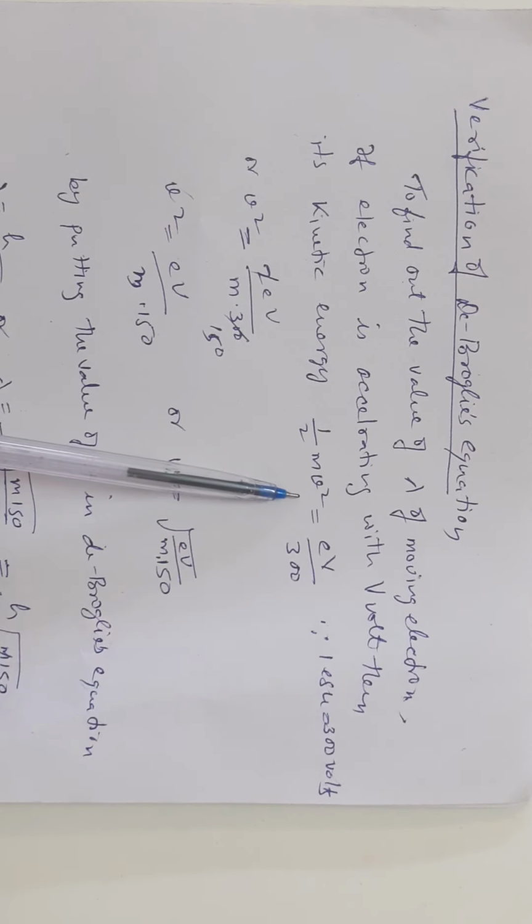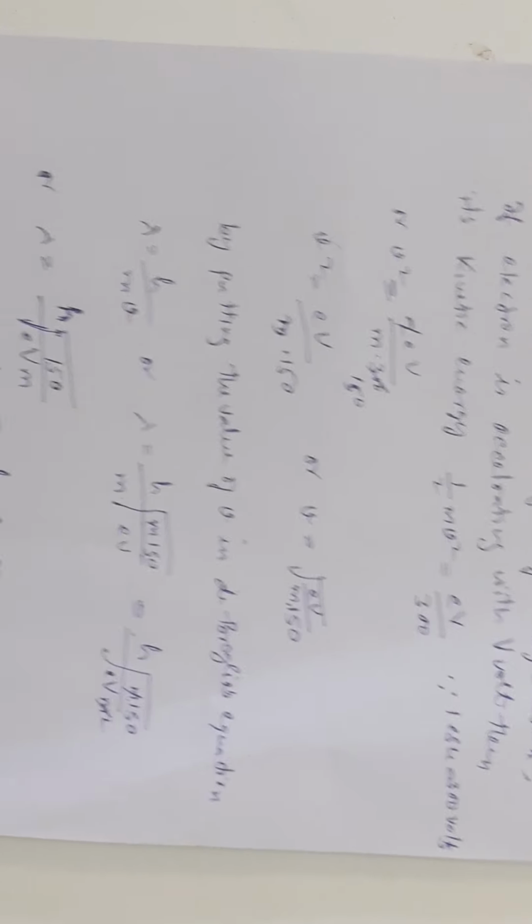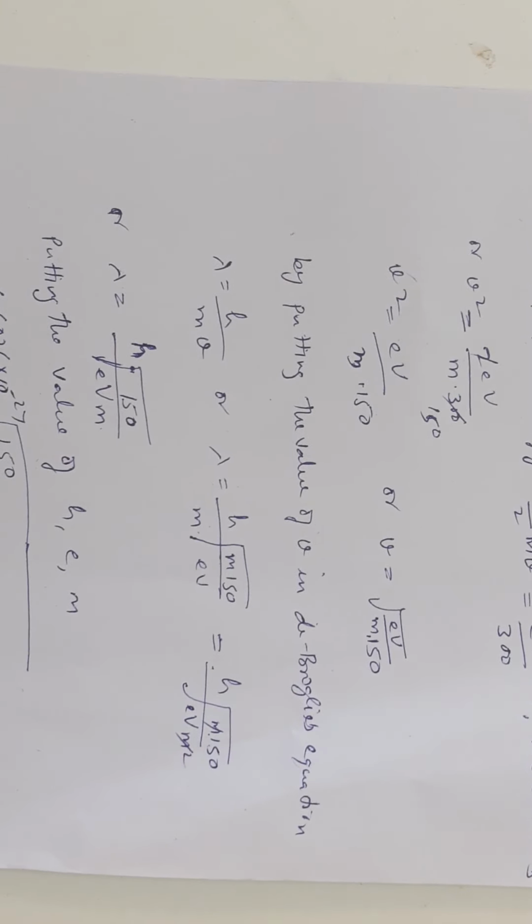Now from this equation, the value of v square is equal to 2eV upon m into 300. If we cancel, it comes to v square is equal to eV upon m into 150, or v is equal to under root eV upon m into 150. Now putting the value of this